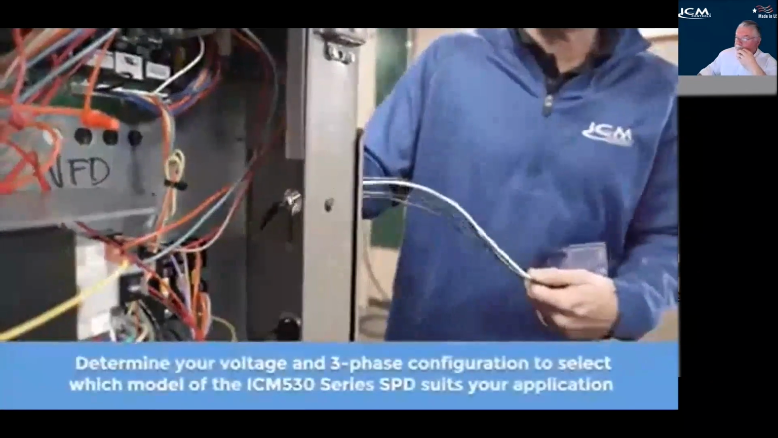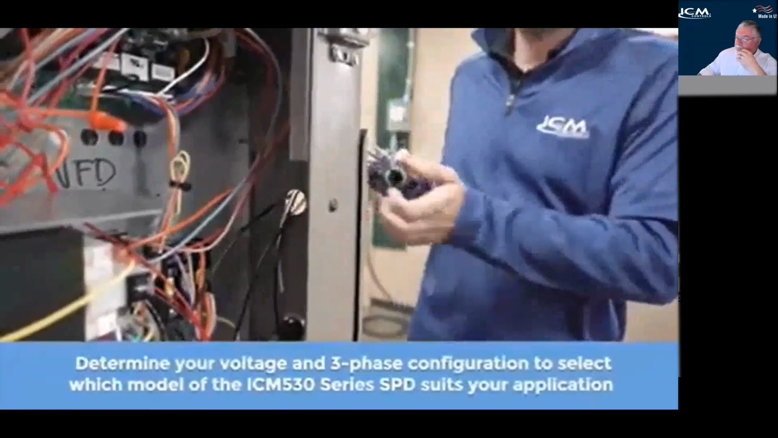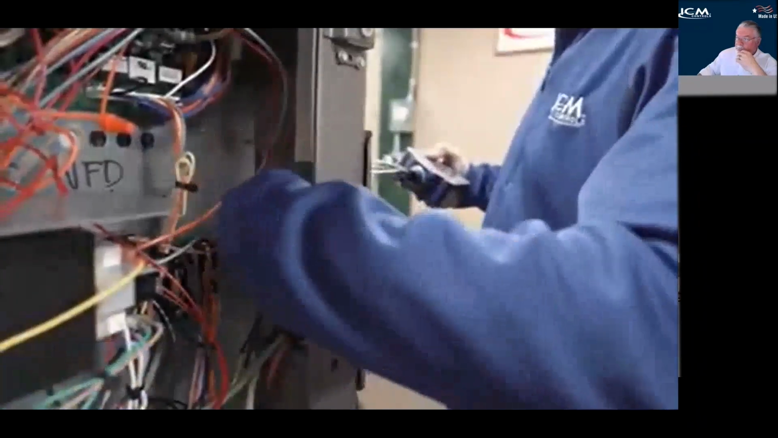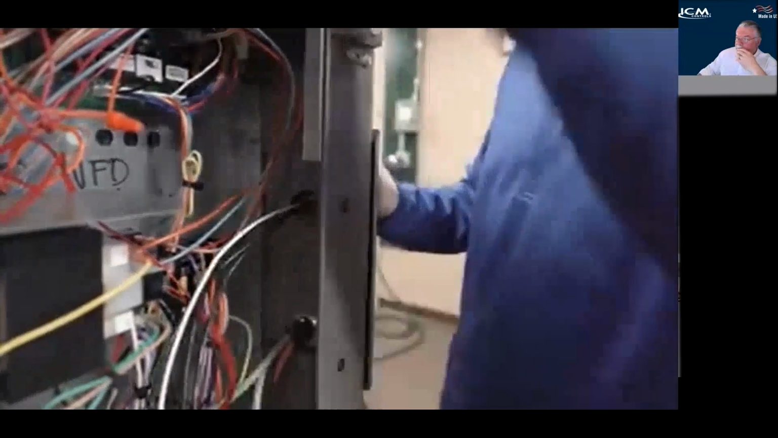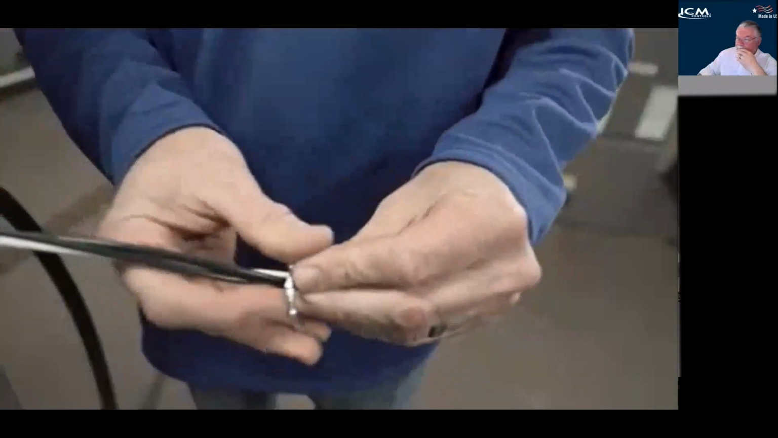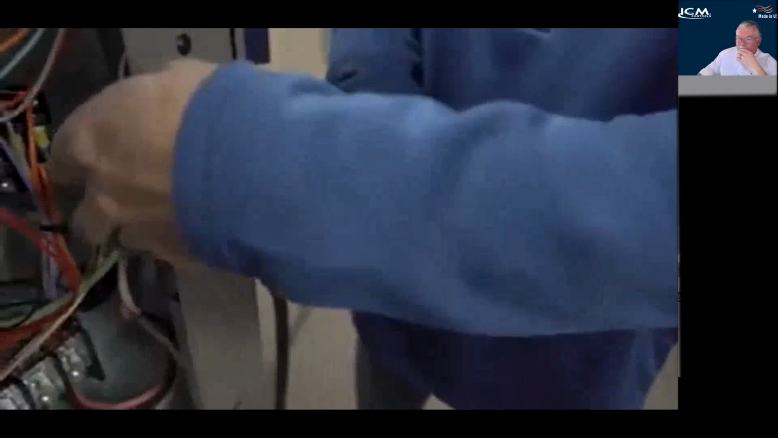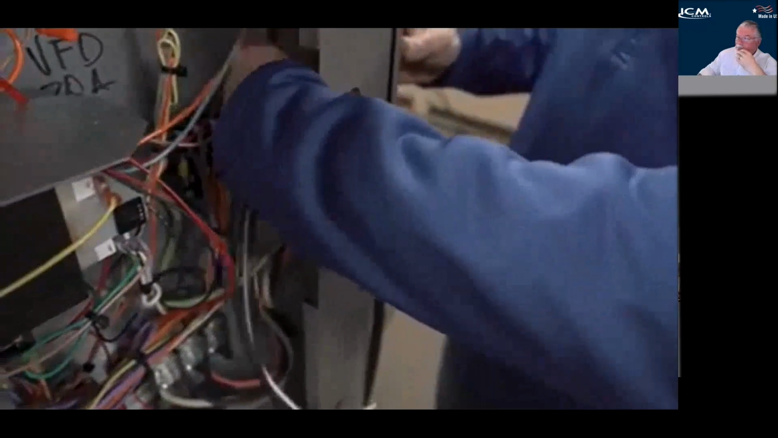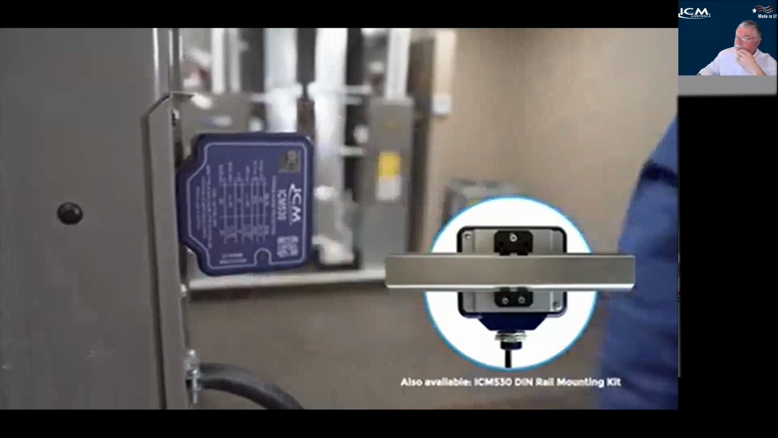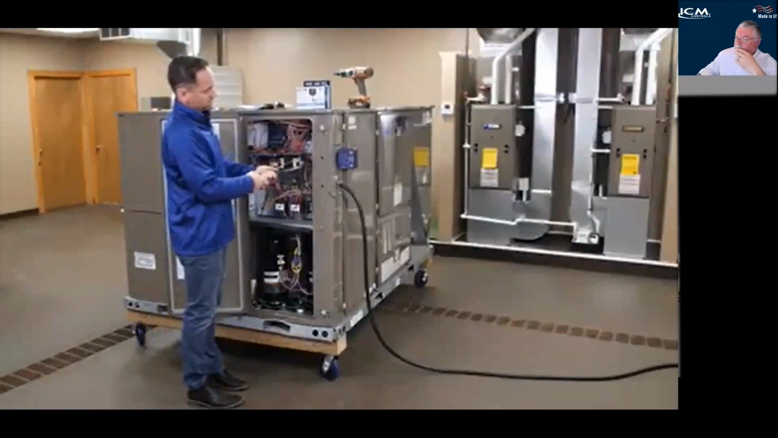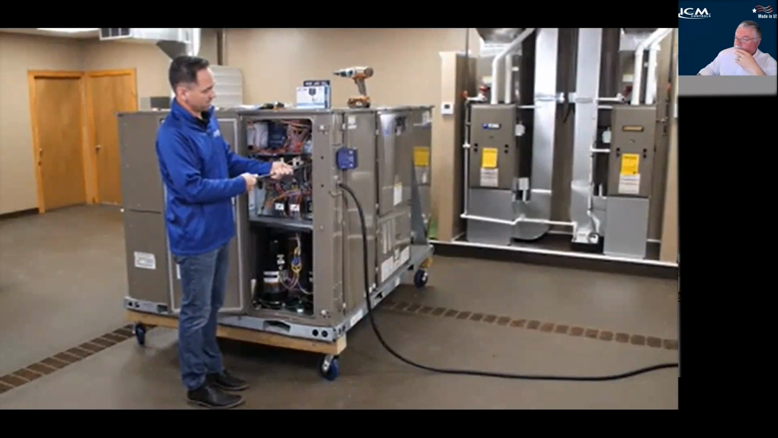So we just want to carefully feed our wires through that hole. Now the box comes with a gasket for the outside and a retaining nut for the inside. So when you're done, you just want to make sure it's nice and tight. So now that we got our surge protector mounted on the outside of our equipment, we can go ahead and